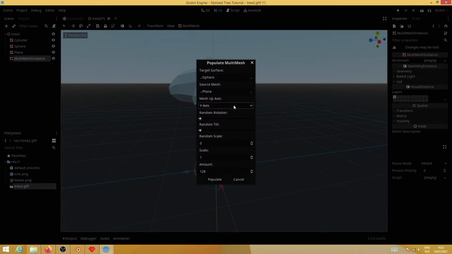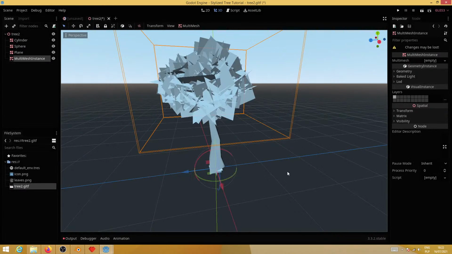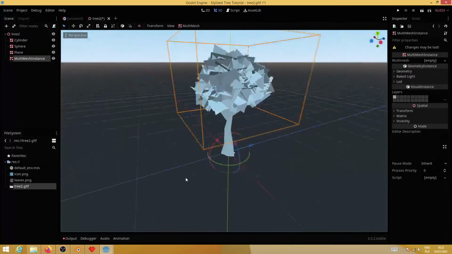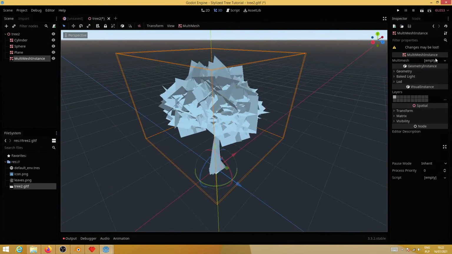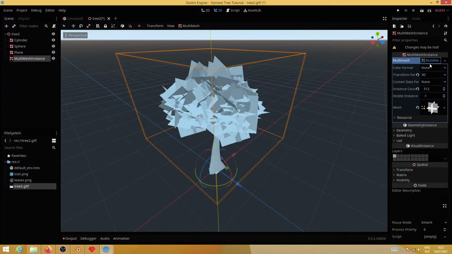Then we keep it on the y-axis. Let's add random rotation, random tilt, and let's set random scale to 1. And let's say we want 512 leaves. So then if we click populate, you can see we got this mess basically, but we can change it. So here you can see Godot created our multi-mesh instance straight away, and we have the mesh that we created